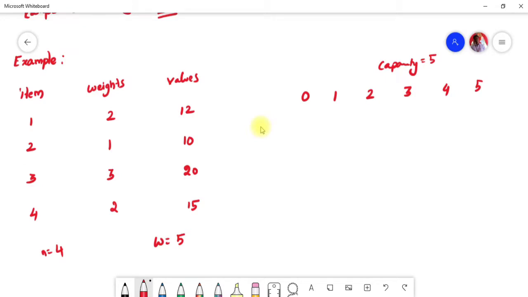Let's start from there: 0, 1, 2, 3, 4. That means the 4 is the given number of items, and there I have used capacity, right?